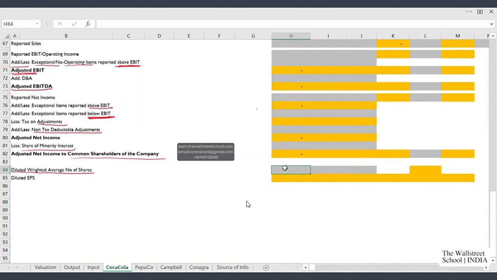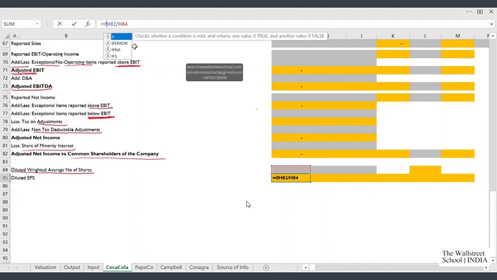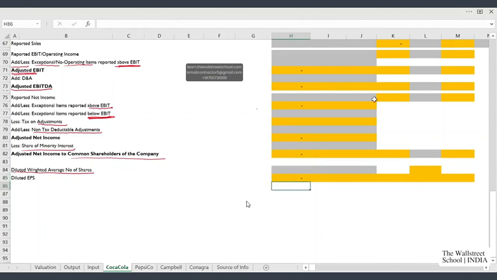This diluted weighted average number of shares will come from the filings of the company, and my EPS would be net income divided by the weighted average number of shares of the company for that period. To remove this error, we can apply an IFERROR formula here. We are getting this error, guys, because we have no values in both the cells.